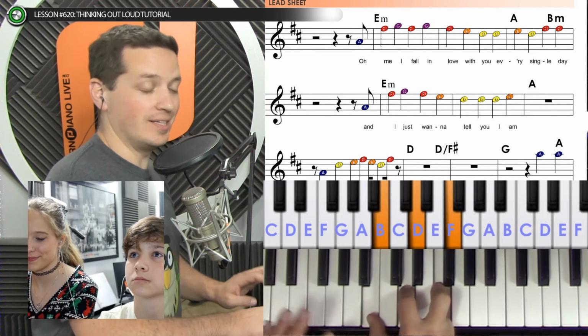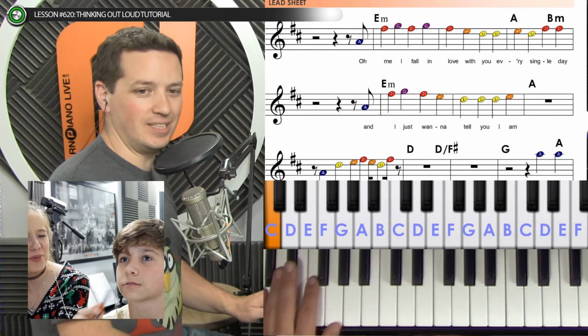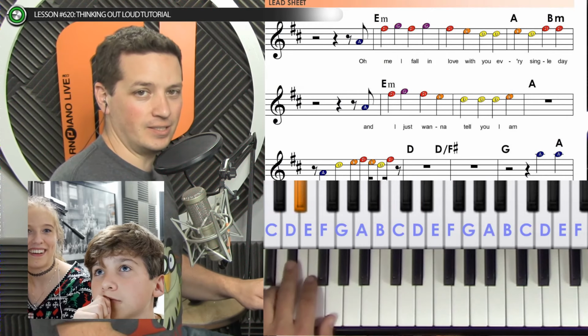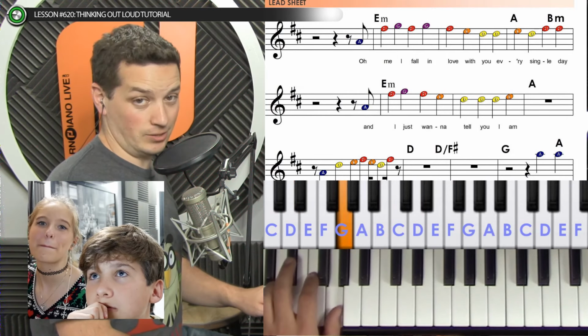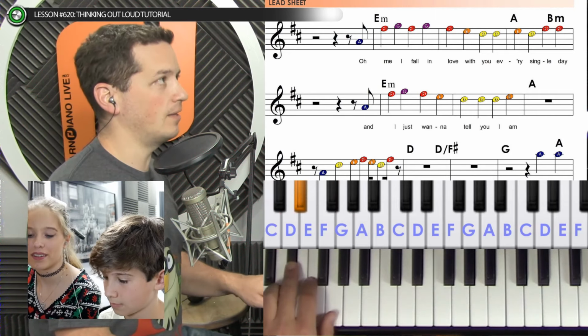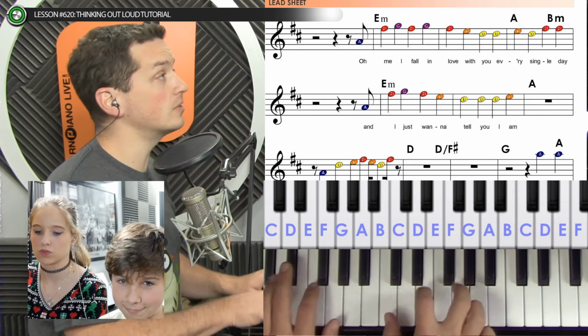The important part is the left hand, which plays a C, an E flat, a D, and then a G. So that thing, that thing, that thing, that thing, and once we combine those,